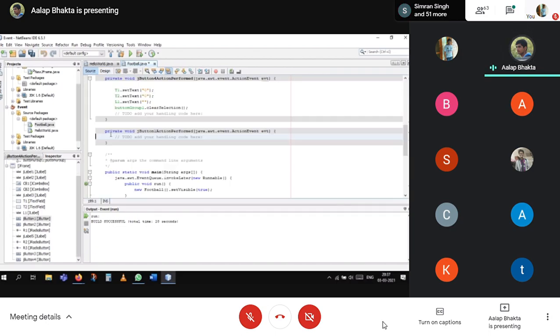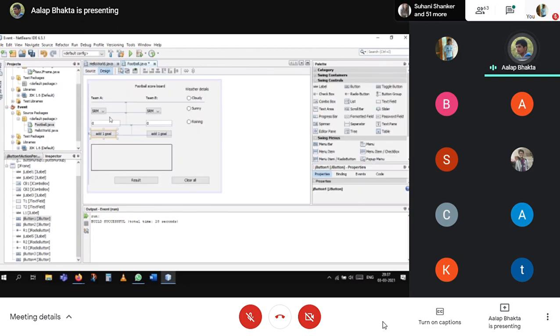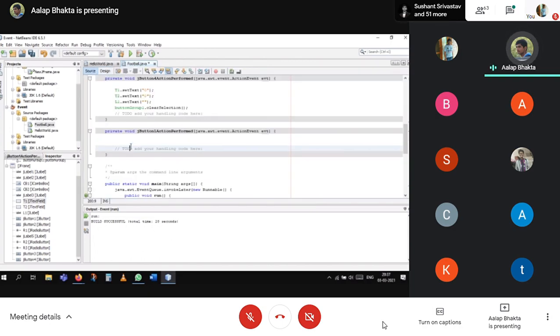Go for the add one goal button. Okay, so you need to increment the value of the text field by 1. So basically in jButton1 action performed, when I click it, it will get int G, for example. Then I have to tell the compiler that it's an integer, convert it to integer, from t1 dot get text.